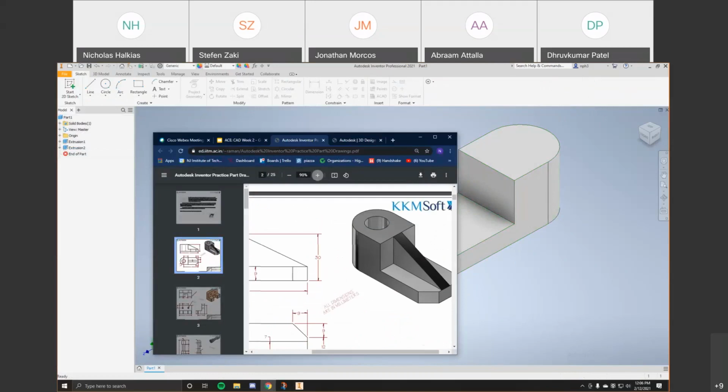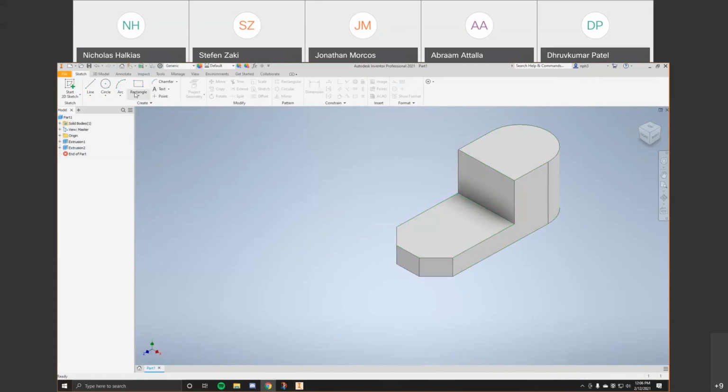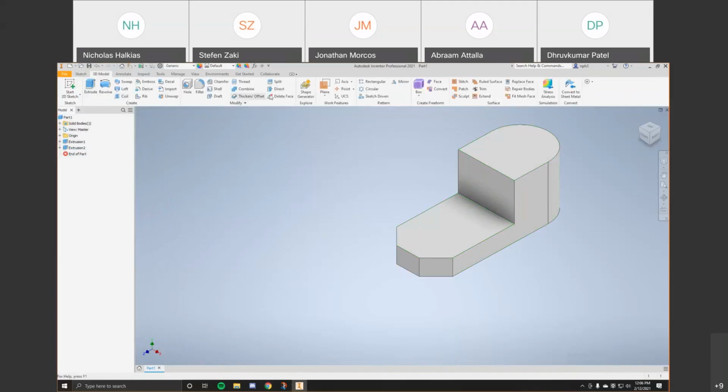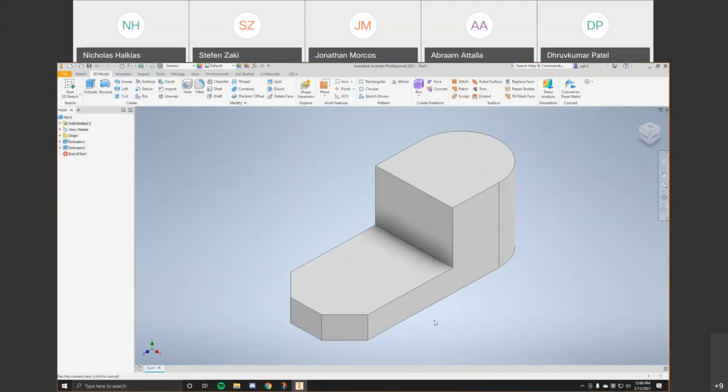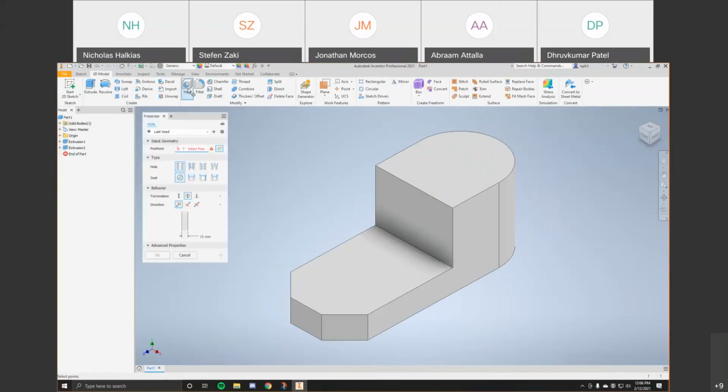The drill hole is no longer a 2D function. We're going to go to the 3D model because we want to modify our 3D shape. And again, if you're off center, you can just click here and recenter it. So we're going to use the hole function. It has all the different options for you for hole type: simple hole, clearance hole, whatever, if you're going to be putting a screw into your piece. You have termination type, a certain distance into it, whether it's all the way through or to